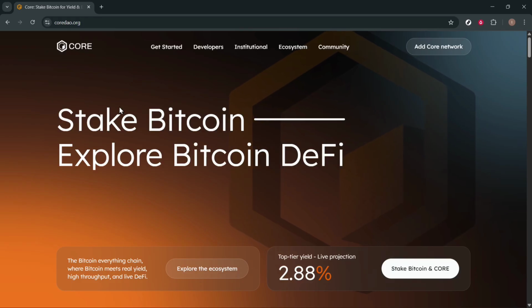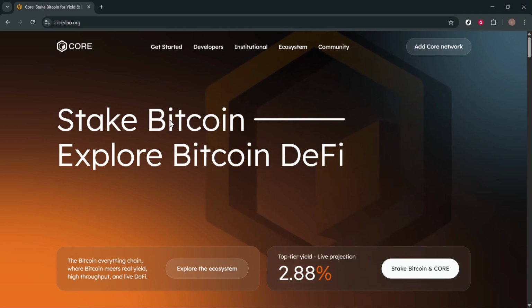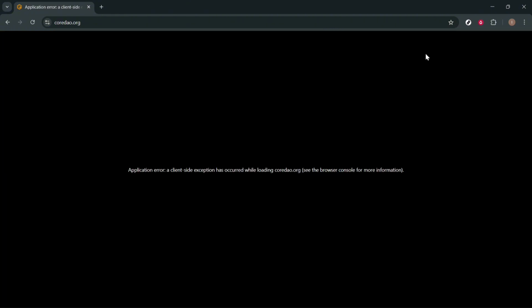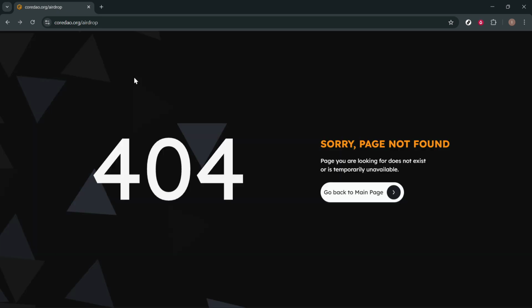On a new tab, go ahead and visit the official Core DAO claim page or dApp. Connect your MetaMask wallet. To do that, click on this Add Core network at the top right, and then MetaMask would pop up at the top left to add your Core network to your MetaMask wallet. Once you have confirmed adding the Core DAO network to your MetaMask wallet, you can go ahead and claim